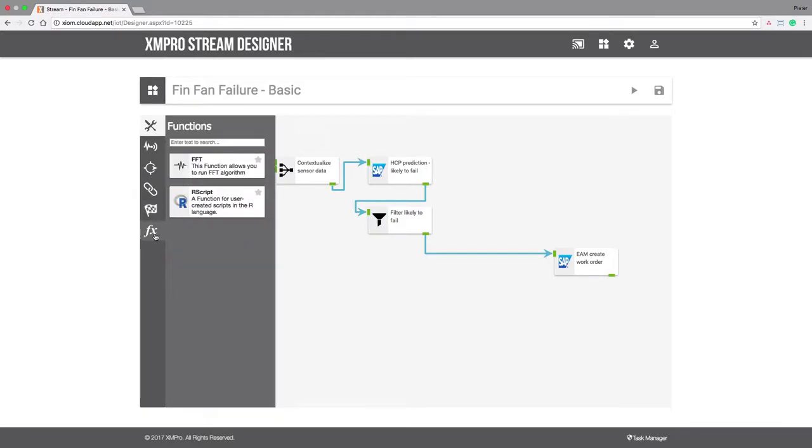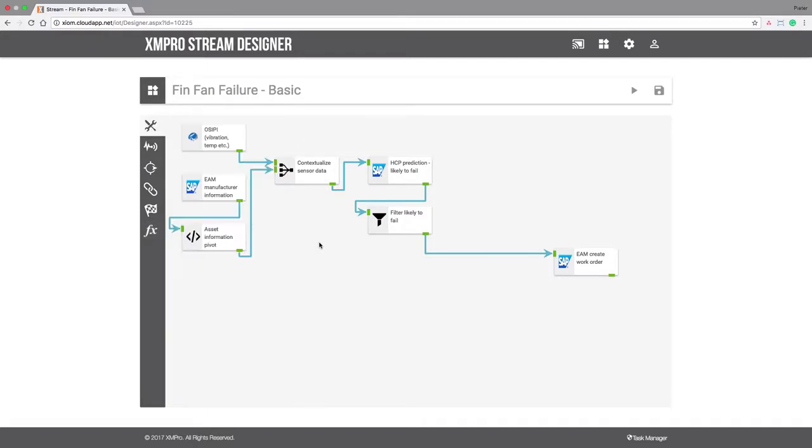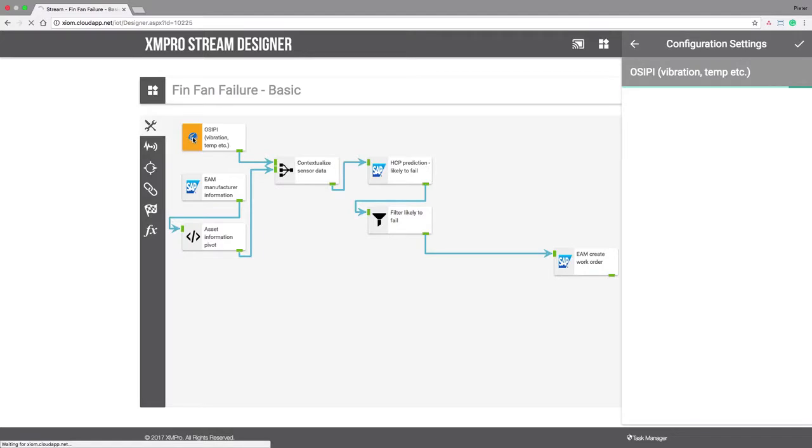And then lastly, statistical and other mathematical functions, for example, doing fast Fourier transformations, running R scripts from an analytics perspective. If you have your own algorithms, all of these are available as drag and drop items. Once I've dragged the item on, I can configure the properties. So what you'll see in this instance with this OSI example,